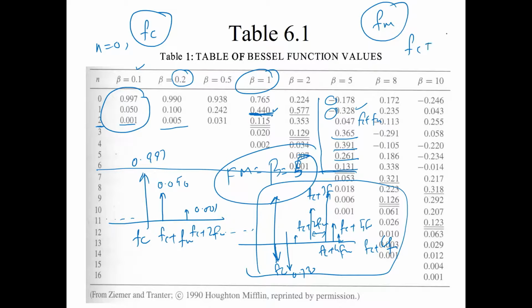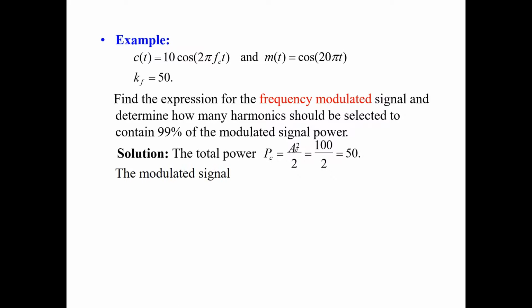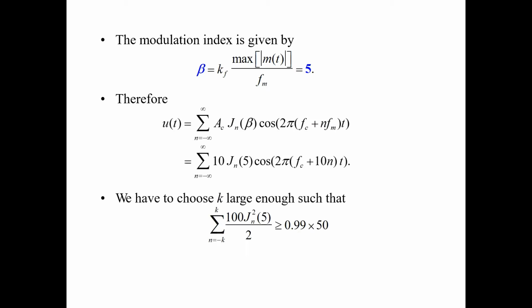So we learned earlier that in the spectrum we have the impulse at f minus fc minus nfm. Whatever fm we have, it will change according to that, so the difference between them is fm. From the Bessel function table we can actually plot the spectrum. This is one example which I will solve during the live session, and the concept will be clearer once we solve it.